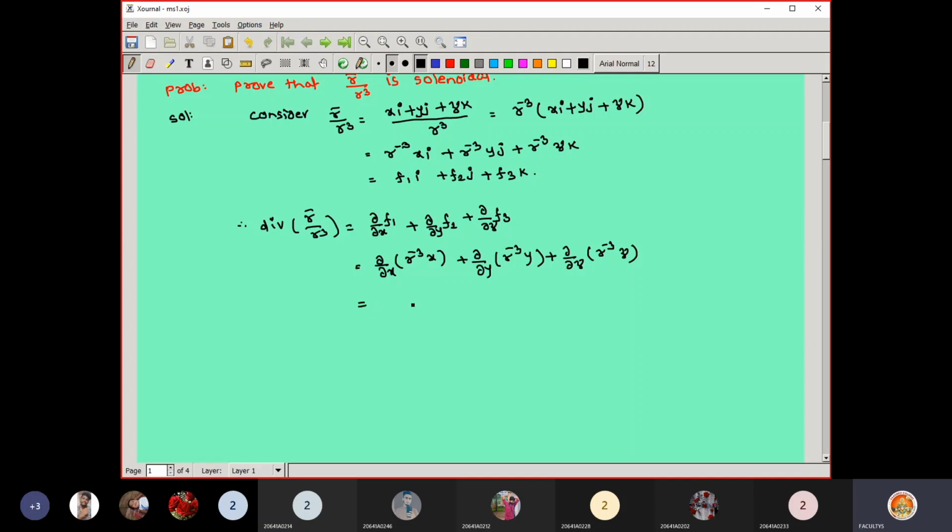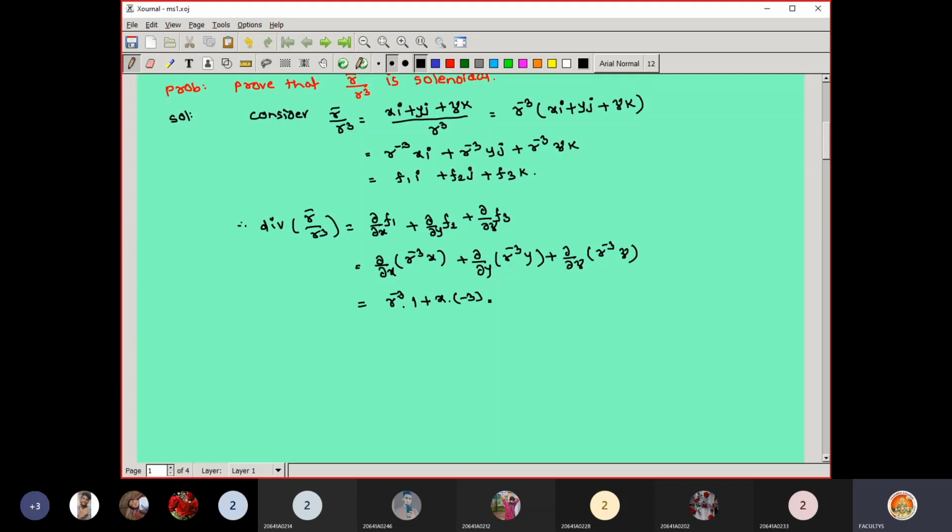Now you make the simplification of this. It is r power minus 3 into x, and you make the differentiation with respect to the x variable. So r is involving x and x is also there, so indirectly you can use the UV rule. UV rule means this r to the power of minus 3 first as it is, differentiation of x with respect to x is 1, plus you write x as it is, r power minus 3 differentiation.